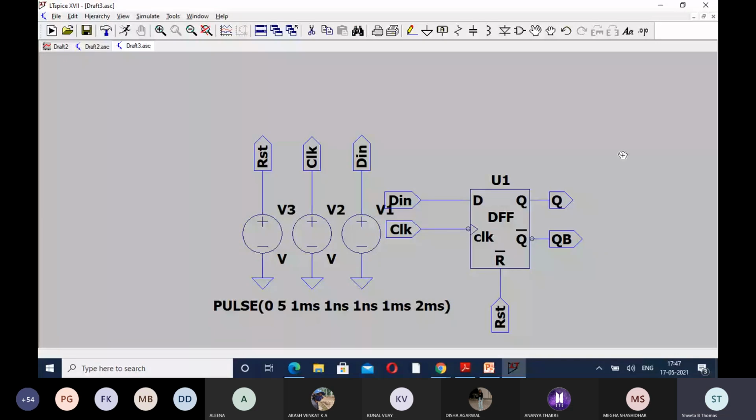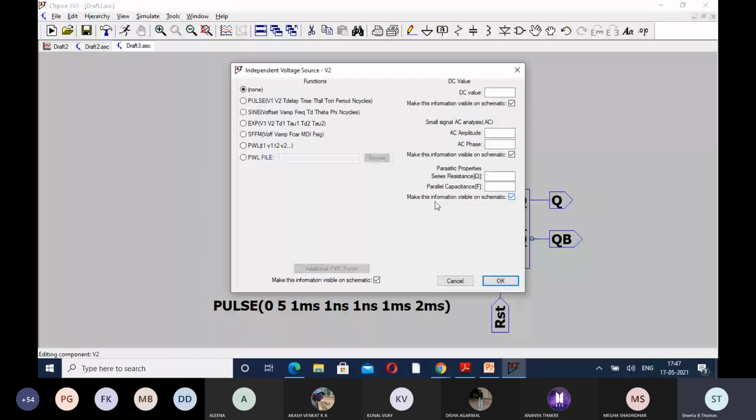Next we have to take for the next one. We'll go to advance again. Again, we'll give the pulse. It will be 0, then 5 volt. All we will give 1 nanosecond.